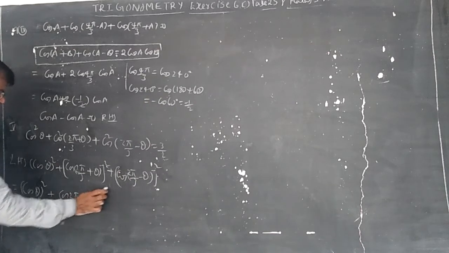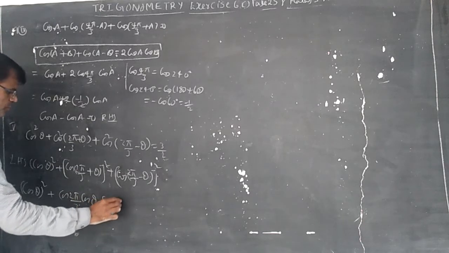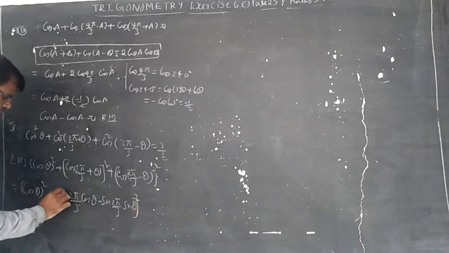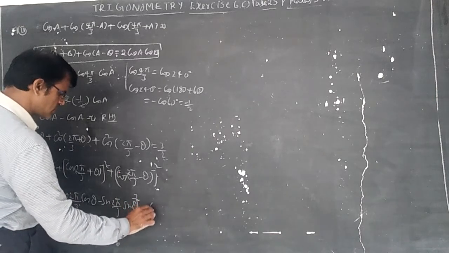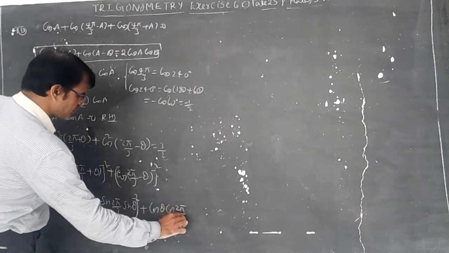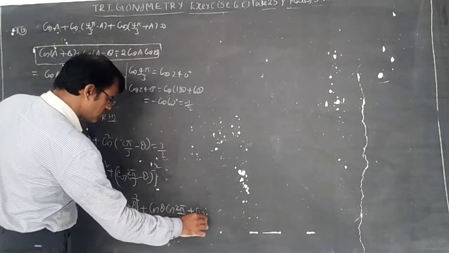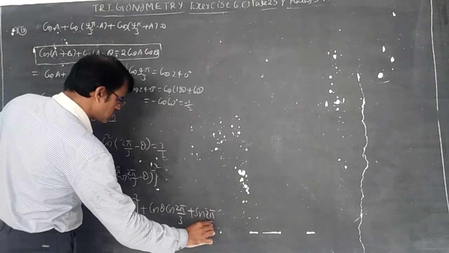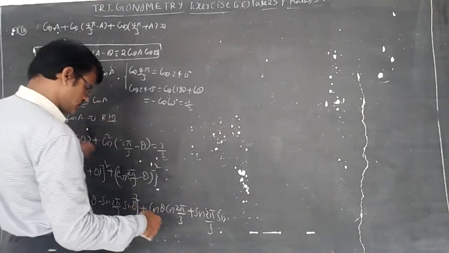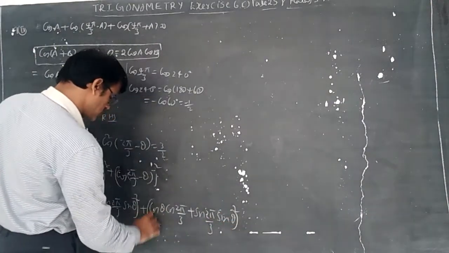So cos 2 pi by 3 into cos theta minus sin 2 pi by 3 into sin theta, whole square, plus in the similar way cos of a minus b formula: cos a cos b plus sin a sin b. So cos 2 pi by 3 cos theta plus sin 2 pi by 3 sin theta whole square,